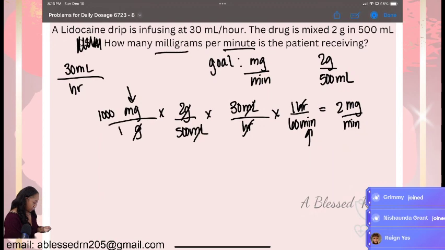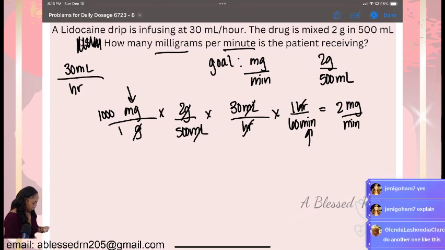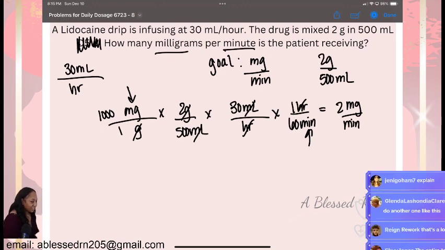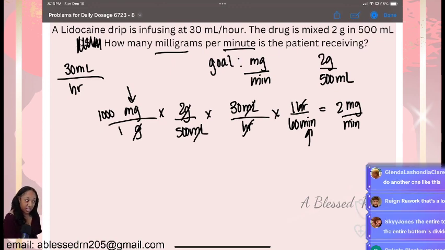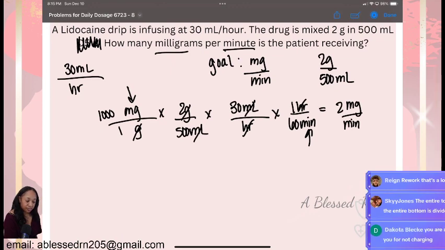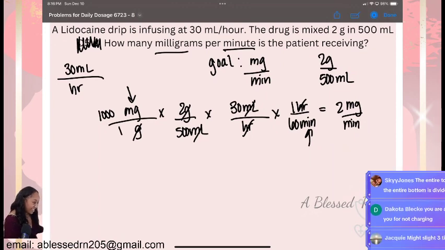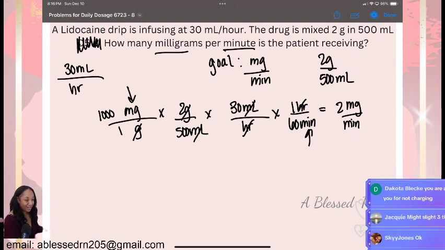Yes. Okay. We can go back. My phone is jumping. What am I missing? Okay. We work. That's a lot. Thank you. The entire top is multiplied and the entire bottom is divided. Yes, if you're doing the calculator trick. Sorry. All right. Yep, you got it. You could do that too.